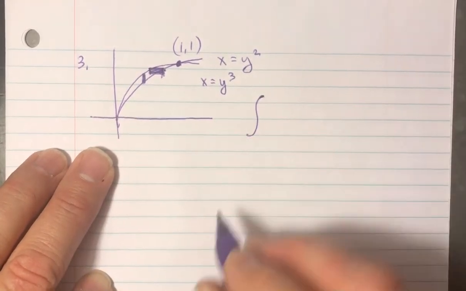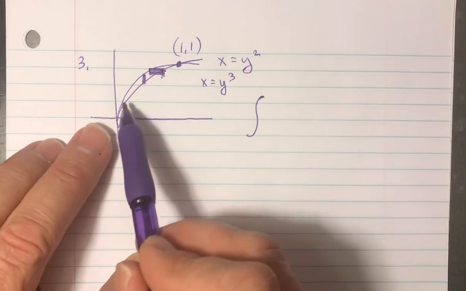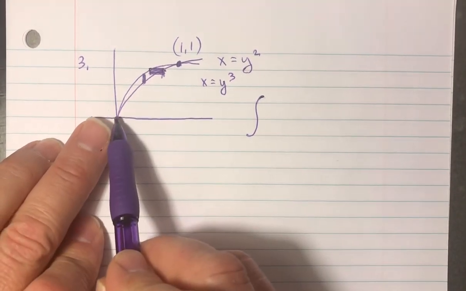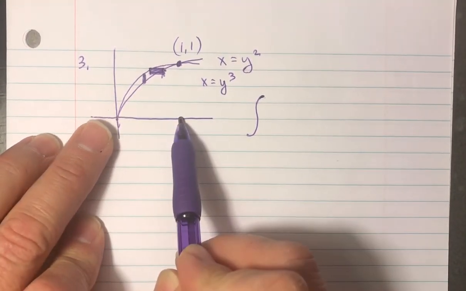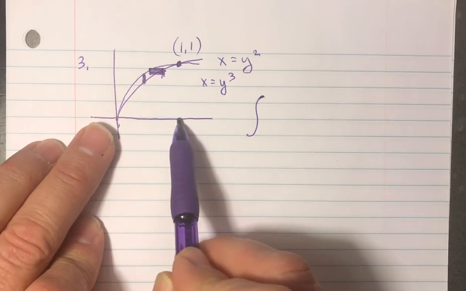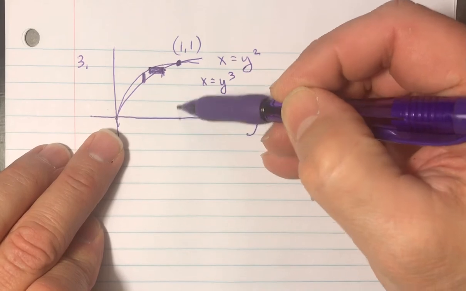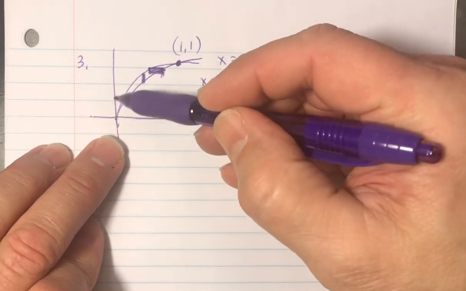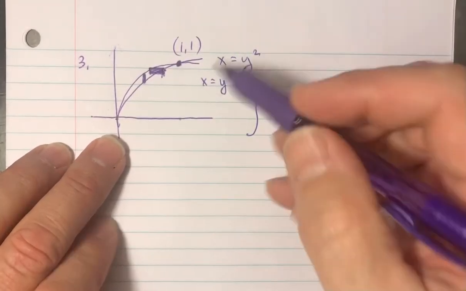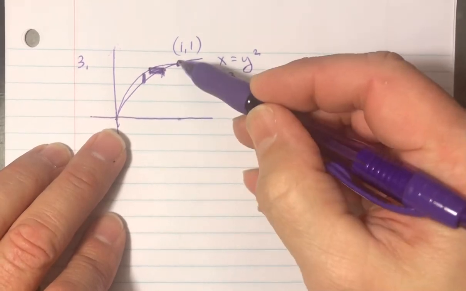So when we integrate then, instead of integrating from a to b along the x-axis, we are going to integrate from a to b in the y direction. So from 0 to 1,